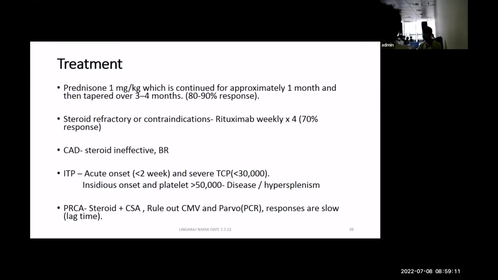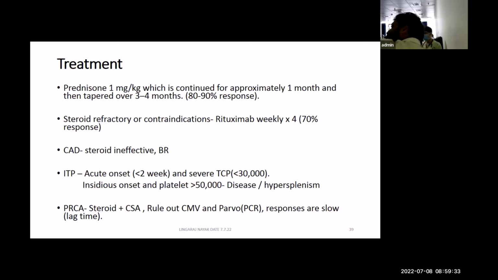Their history will be very short, acute onset, within less than 2 weeks' time, and severe thrombocytopenia, like platelets of 10,000-12,000, with petechial purpura. Another group of patients will have thrombocytopenia, but as I said, 70,000-80,000, and it goes on for long. So these are not the classical ITPs. In those patients you have to look for other causes. So ITP is pretty clear in terms of the presentation.